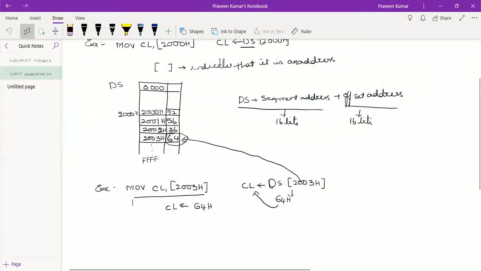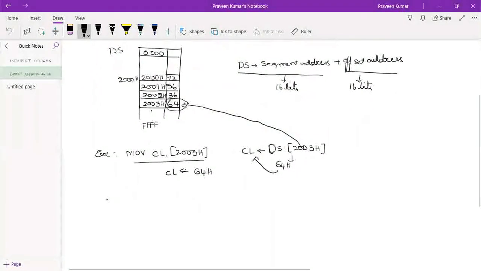Now we'll try to give one more example, and then we'll move to the next addressing mode. The example is move 2001, which I have written in brackets, from CL.